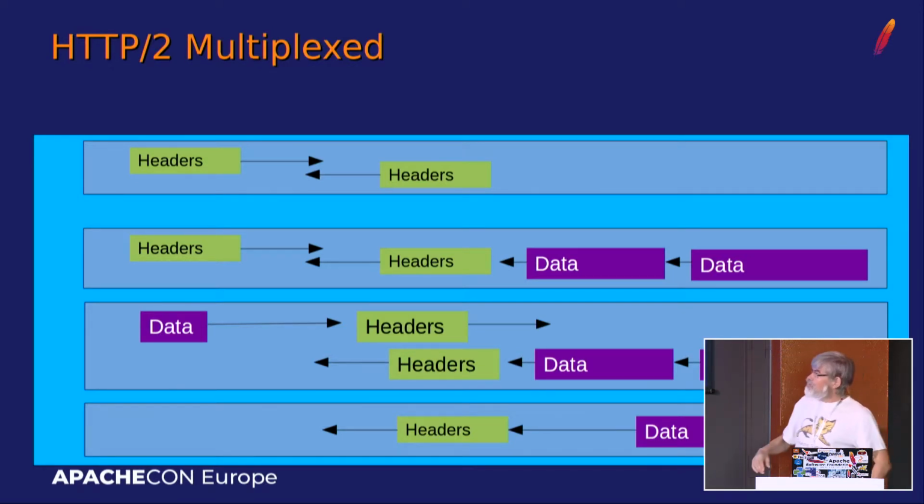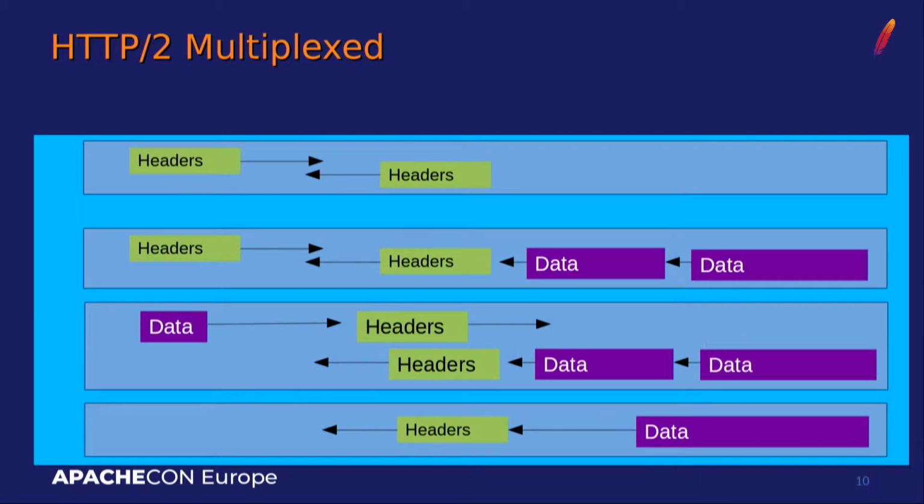Multiplexed means that you can exchange in the same socket. This big bluish stuff is supposed to be a socket, and the things inside are supposed to be streams. A stream corresponds to one request-response process that you do in HTTP 1.1. So for example, you can have a header which is answered by a header, or a bunch of headers and get some data. In the case of a GET, you can have data and headers, and similarly in the case of something like a POST.